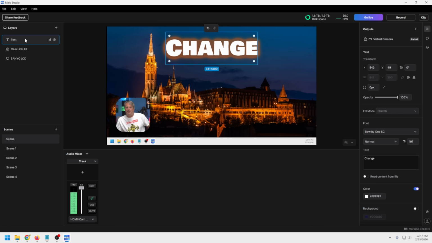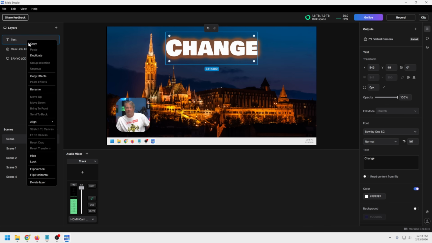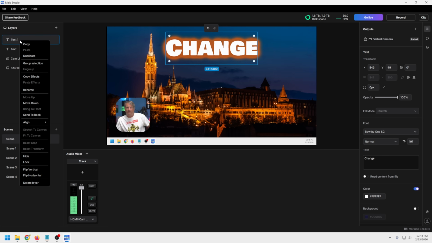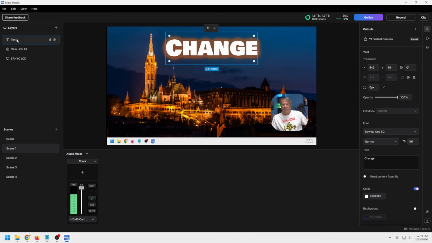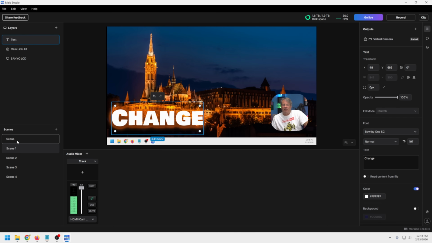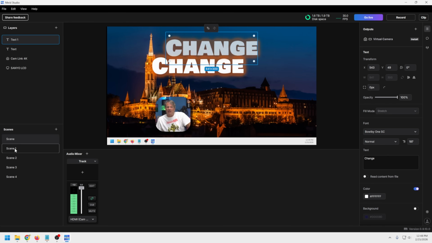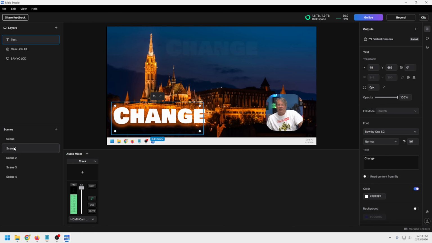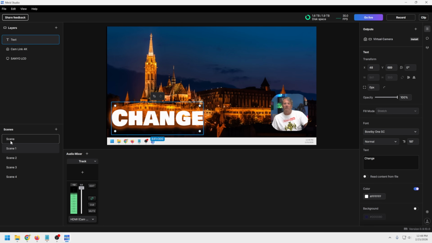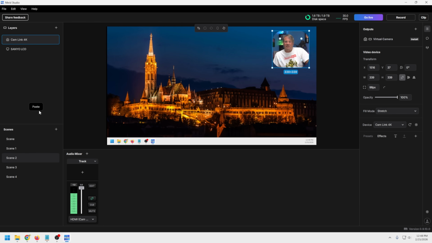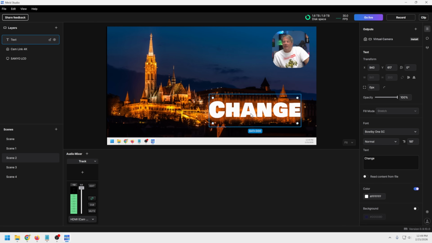So what if we wanted to move our text here? We can go ahead and duplicate it, and then we can right click and copy it. Go down here and we're going to paste it, and we're going to just change the name. So now if we move the text over here, you can see what happens. It has to be named exactly the same in order for it to be treated as the exact same thing. So that's how you would move that stuff around. We can obviously go here and we can just paste it again, change the name, bring it down here,